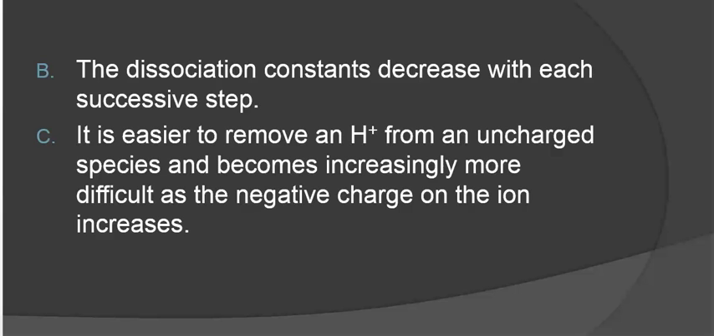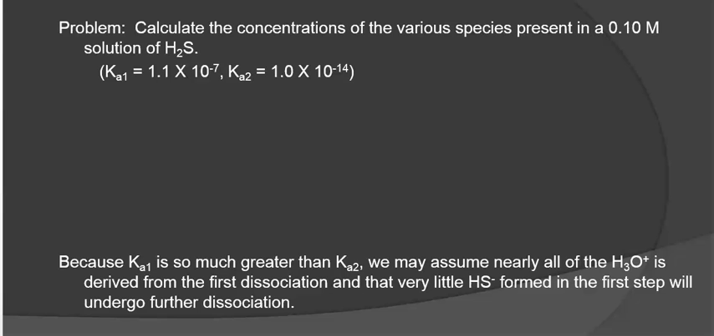The dissociation constants decrease with each step, so I get the most ions with the first dissociation, Ka1, and I get the least ions with Ka3. Let's look at an example with a